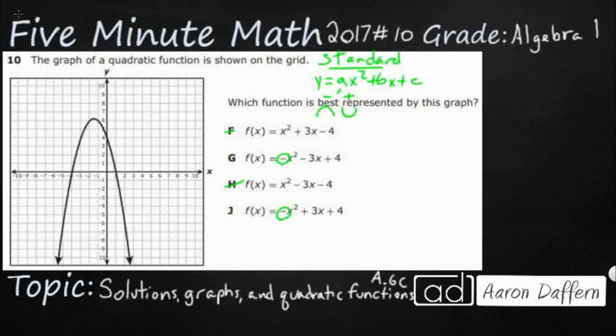Now, there are two different ways we could get there. We could use the vertex form, y equals a times x minus h squared plus k, where h and k make your vertex, the x and y coordinates of your vertex. But you know what? I'm not really seeing a very clear vertex there. It's like a -1.5, and it almost looks like it's a little bit above 6. So we need to go with the third